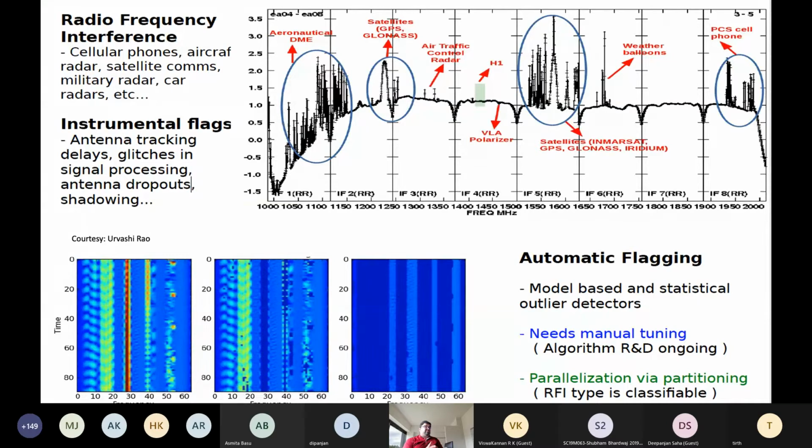What are these signals? If you're looking at different wavelength bands, there can be different things caused mostly by humans. For example, this is a slide from the VLA. Here are the satellite downlink frequencies, where 1550 megahertz to 1650 megahertz is satellites. There is the GLONASS navigation satellite, and there are various other defense